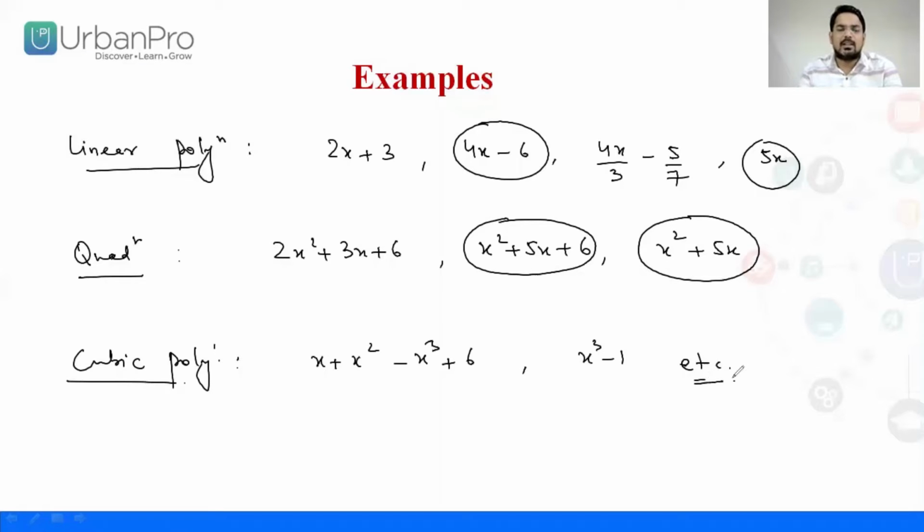So this is how we write any linear, quadratic or cubic polynomial. We can write any other polynomial based on the general form. So the general form of a polynomial is quite important for us to learn, since by looking at the general form, we can describe any polynomial. I hope we are clear.